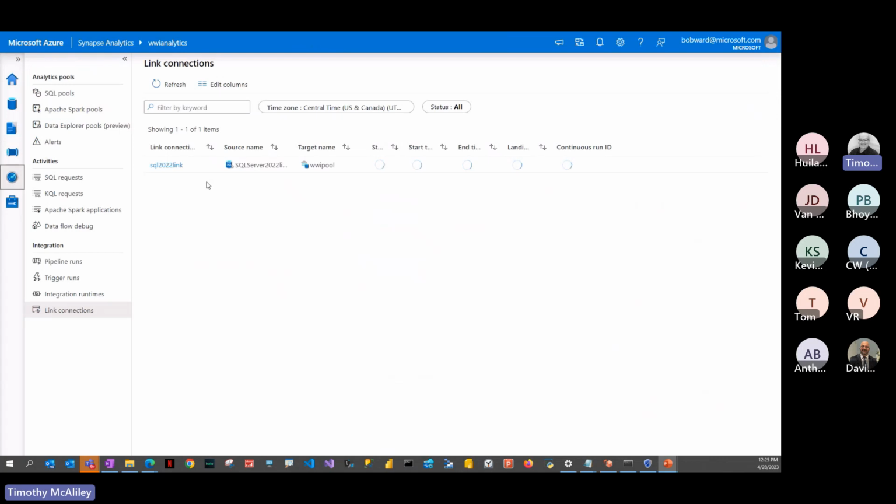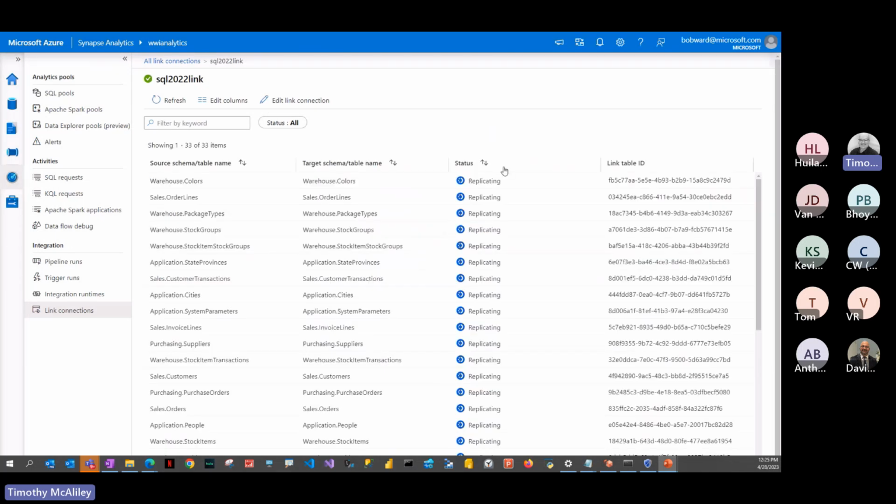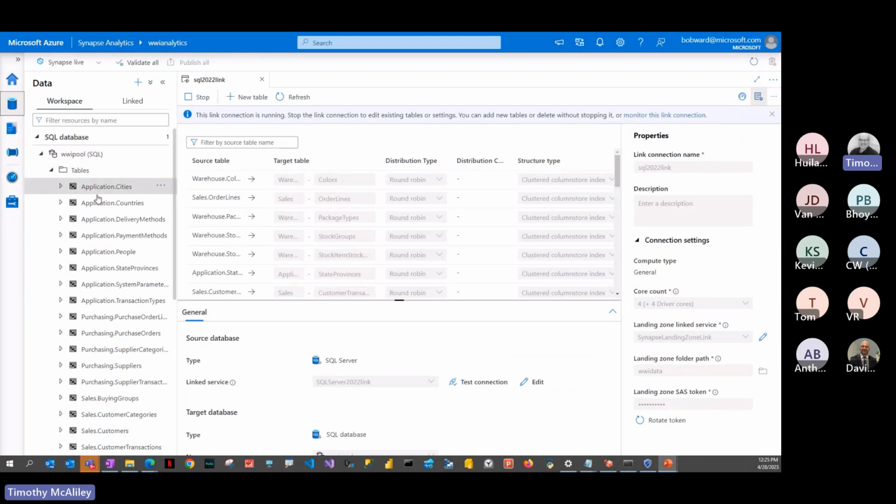You can monitor your connection. You can monitor the link connection. The link connection itself, you can open that up and look at that through the link connections, get information about the link. It'll tell you information about source schema and table names, and then it'll give you a status. Hey, it's replicating that across the SQL Server link into the Azure Data Lake storage, into the landing zone, and into the Azure